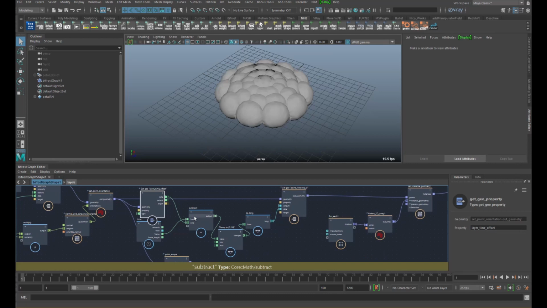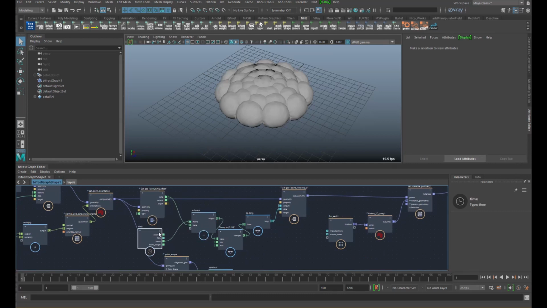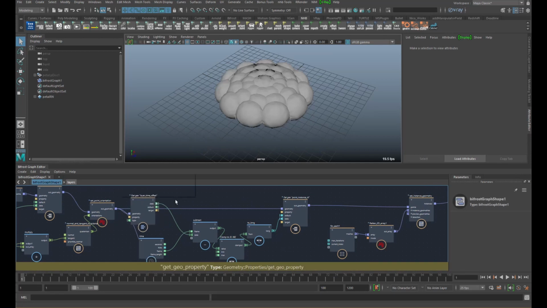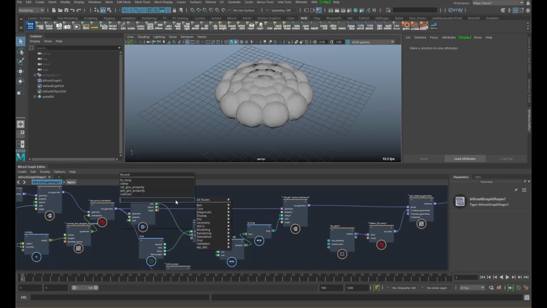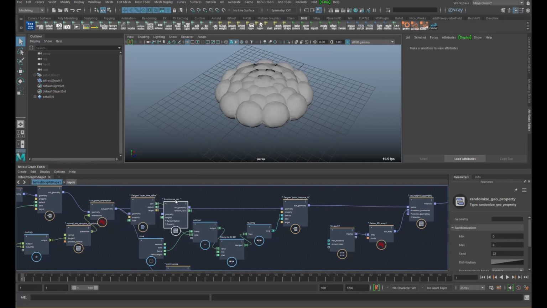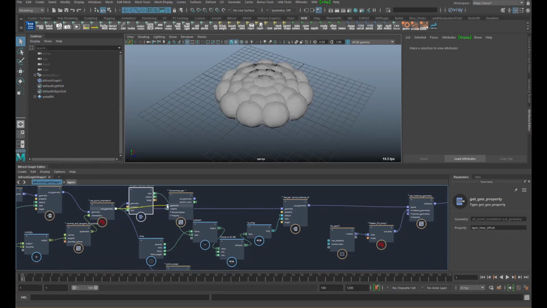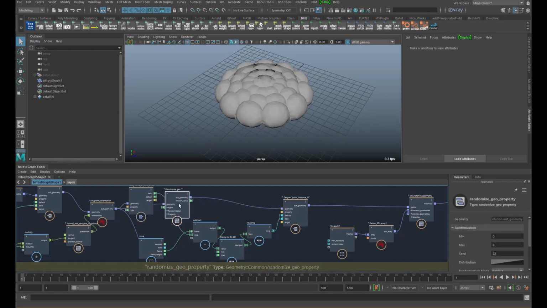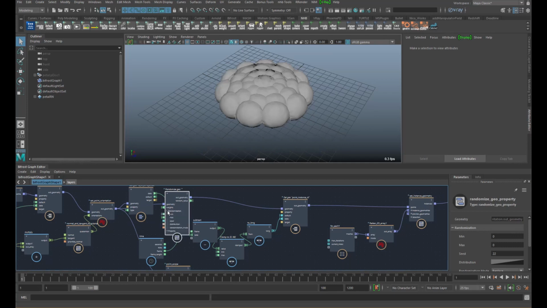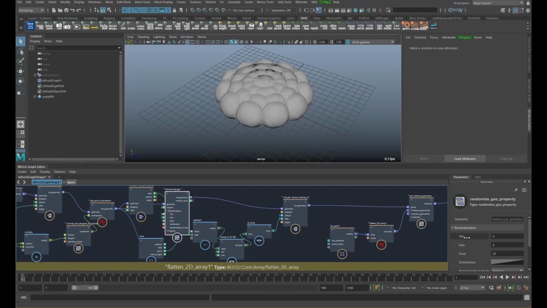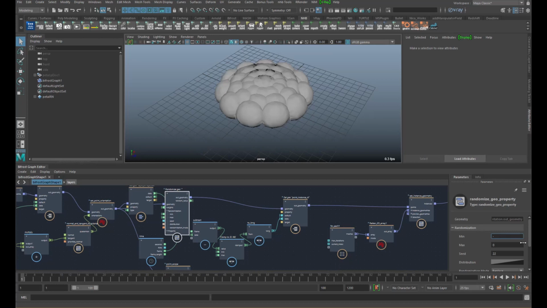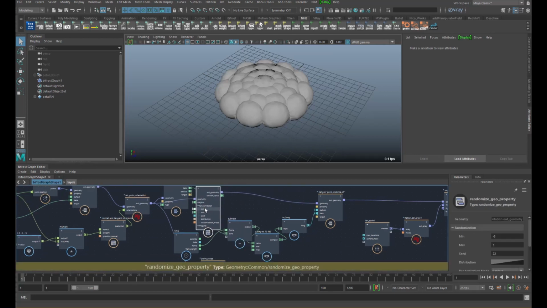The second thing you can add right here is a variation per petal. So we could create a random geo property. And that geo property needs to be, let's say, an offset of -5 up to +5 frames offset.